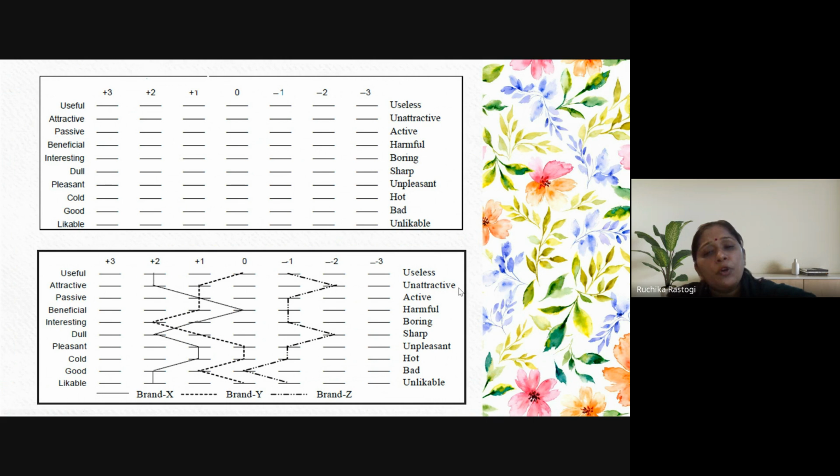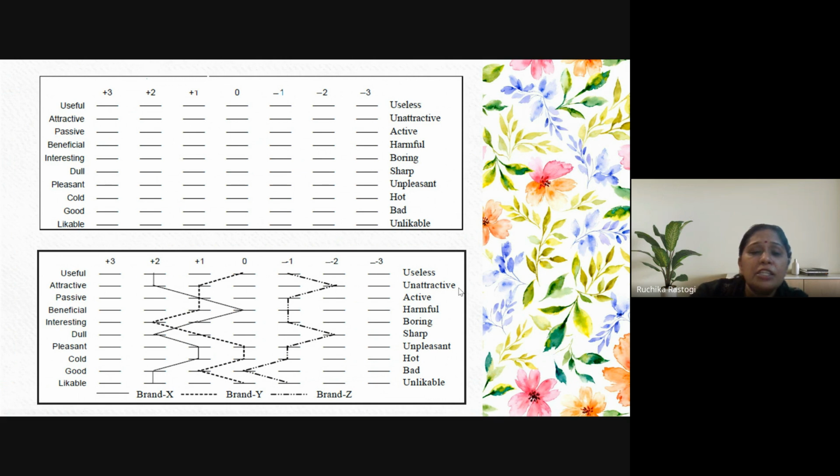There are 2 blocks in front of you. In the first block, there is nothing. There is just a plain questionnaire, which is showing that there are 7 options: +3, +2, +1, 0, -1, -2, and -3. But what is happening in the below one? Although it is a non-comparative scale, if somebody wants to use it for the purpose of comparison between 2 to 3 brands, this method can be used for one brand as well as for more than one brand too.